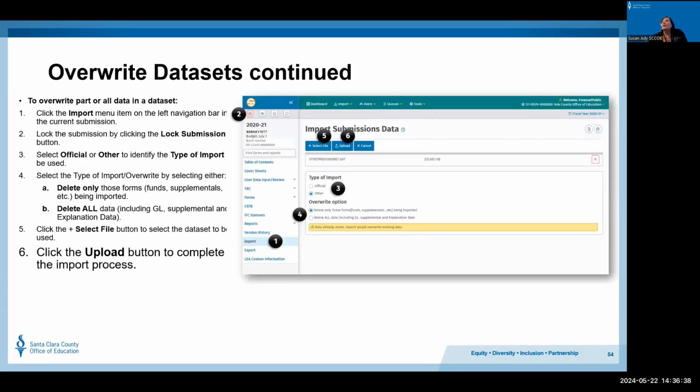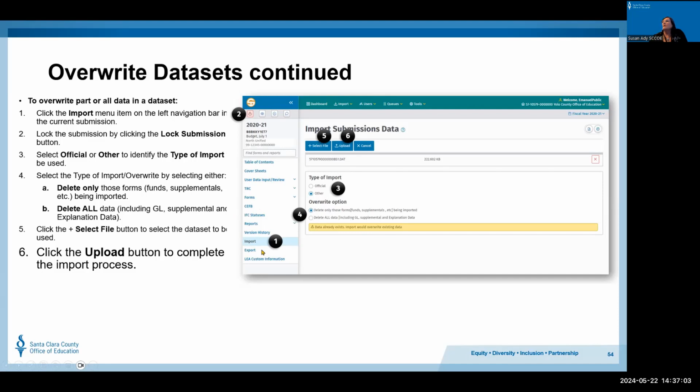All right, and then to overwrite, again, you're going to have gotten your file from the dashboard. You're going to click on the blue numbers. You're going to get your left navigation pane right here. From here, you're going to hit import. So you can see that there's an import up here in the top line, and there's a second option to import over here. This is where you do your initial import.